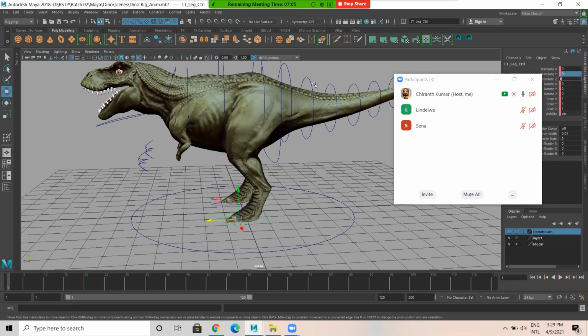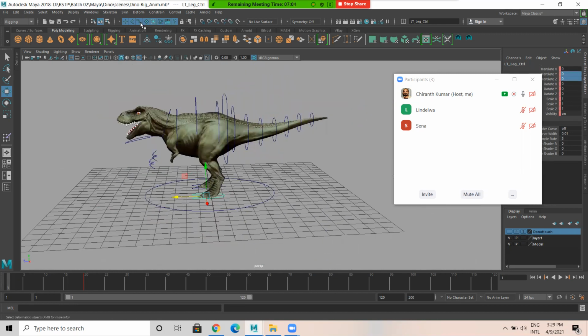So this is animation part. Anyhow, you all are gonna learn animation. So I can just turn off the body and I select all the curves and I key here.